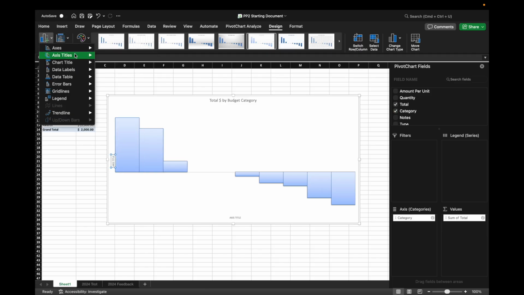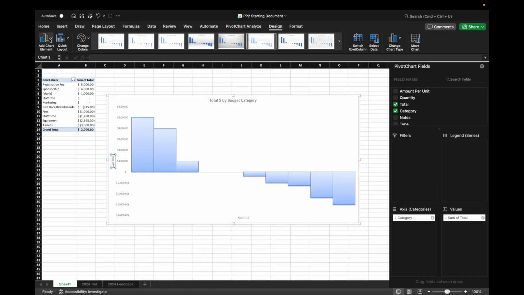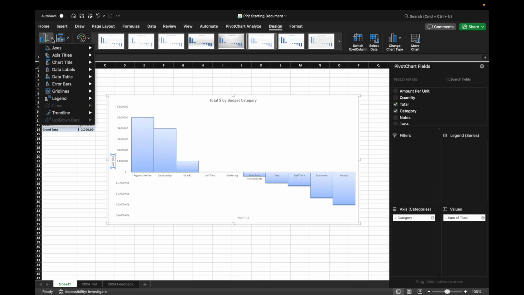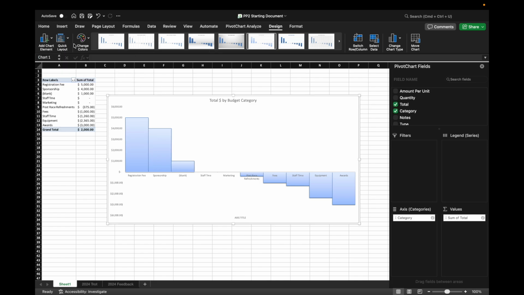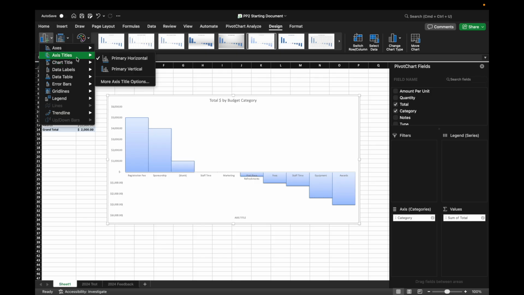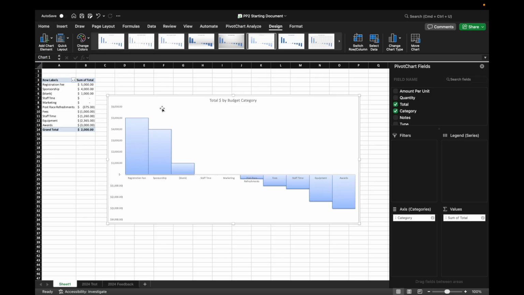What else can we do? Oh, we want the axis labels, but we don't want the axis titles. So we'll keep those on. Axis titles, we don't want that. And we don't want that. Clean it up a little bit because they weren't really giving us any information.